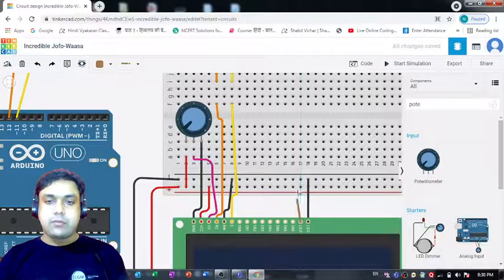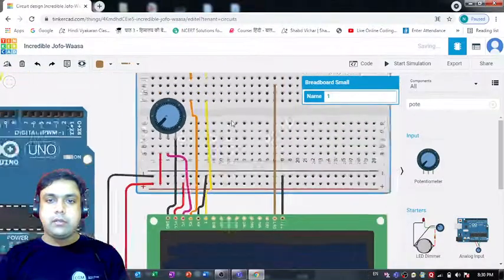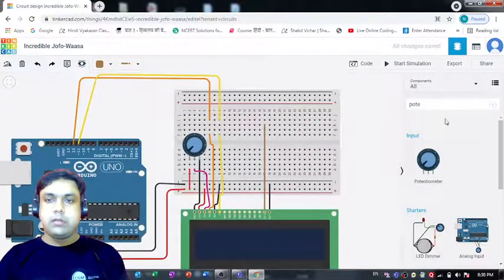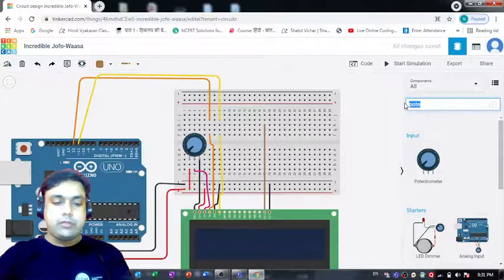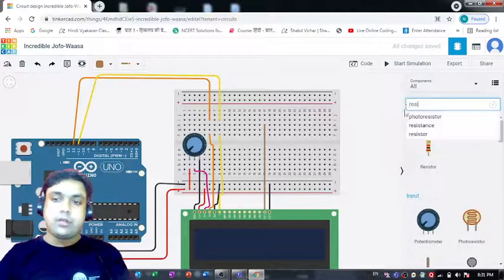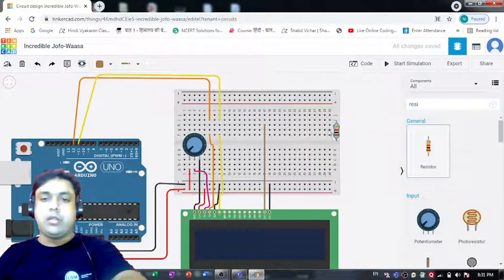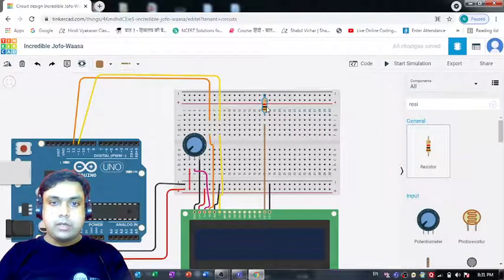So let's connect it to this pin over here, right? And then let me tell you what you have to do with this anode pin. You can bring a resistor which can keep a check on the current flow, and you can connect it to this positive terminal like this, right?